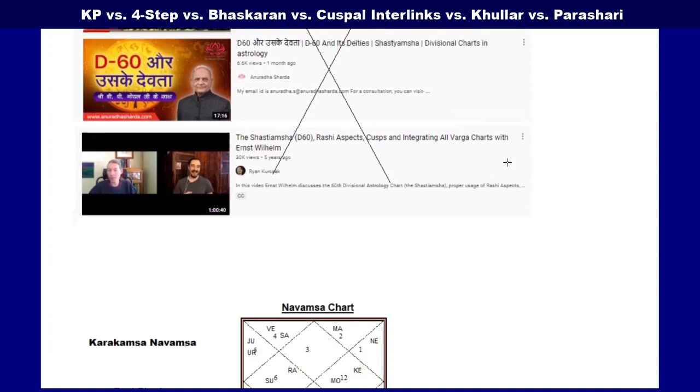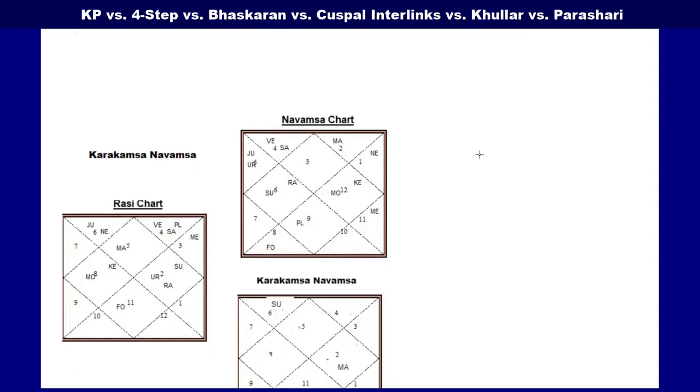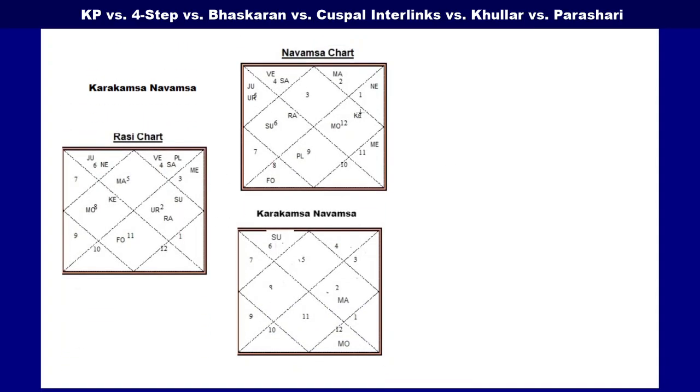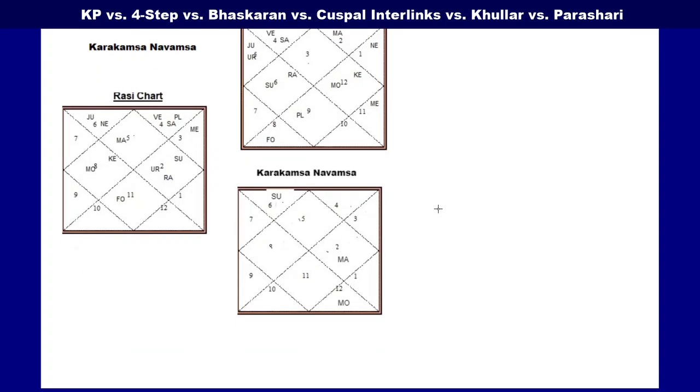What I do is, and this particular thing I have mentioned in my previous videos also, about the Navansh chart, one method is that, let's look at this Rashi chart. This is the Navansh chart where the ascendant is Gemini, and this is the Navansh ascendant. But suppose the ascendant is right on the cusp of a particular Navansh, then you don't know. The Navansh ascendant might change, so that doubt is there. So there is something called Karakansh Navansh. In Karakansh Navansh, what they do is that they use the same ascendant. The ascendant is same, right?